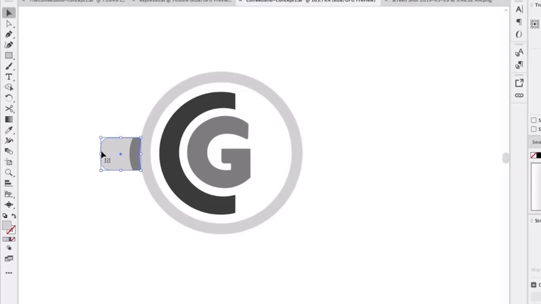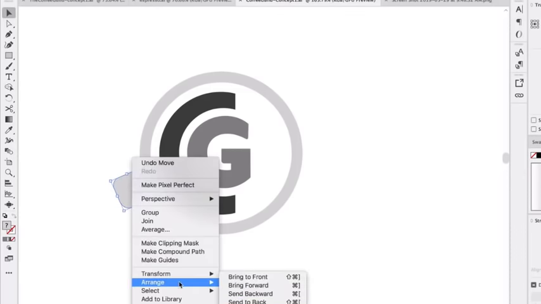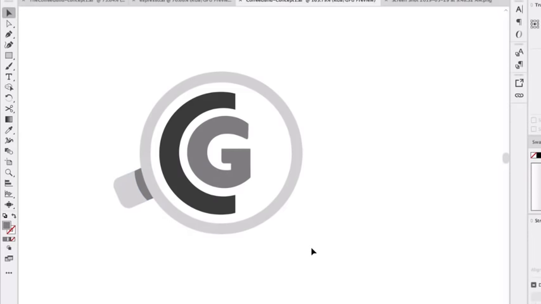And maybe not make it cast as much, as we're playing around with how big the handle is actually going to be. Another thing we can do to make it more obvious that it's a handle is maybe rotate it a little bit, give it a little bit of an angle, and have it be a little bit down on the coffee cup so it looks like it's hanging out on a coffee table. I'm just going to bring that to the back. Great. There's our little coffee. Let me make it a little bit thicker. Just doing little small adjustments to everything. So I think that looks really good. It puts more emphasis